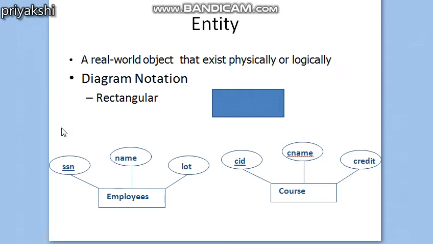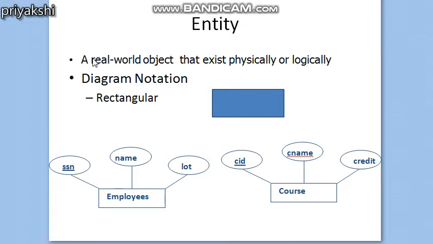Whenever you represent an entity in an ER diagram, you have to use some predefined notations. The diagrammatic notation used for an entity is the rectangle. So whenever you are representing an entity, you have to represent it within a rectangular box. Other examples of entities with physical existence can be a person, a car, a house, or an employee. Objects with conceptual existence may be a company, a job, or a university course.